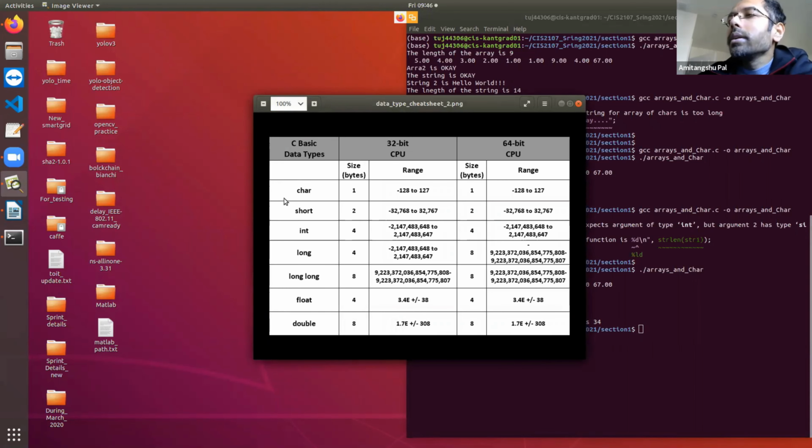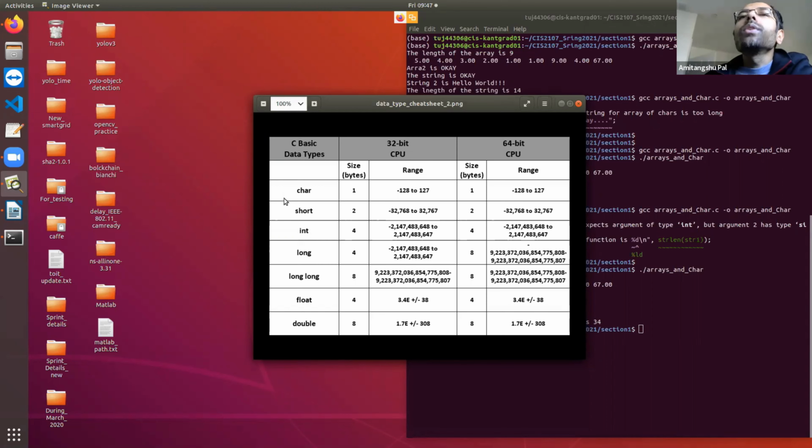So we have already learned different types of data type, right? Now the next thing that we are going to learn is how many bytes each data type takes in the memory space, and what are the maximum or minimum numbers that you can store in each type of data type. Okay, because depending on the number of bytes it takes in the memory space, you can represent a certain range of numbers.